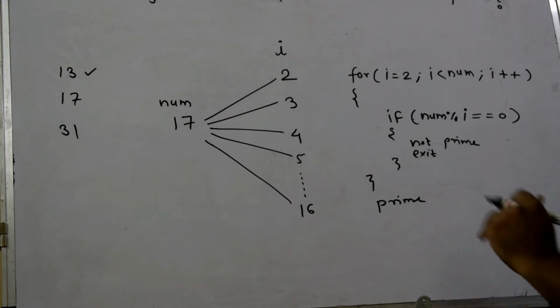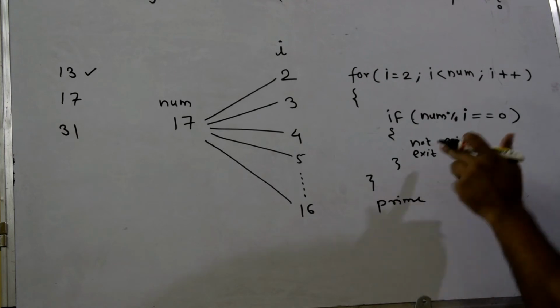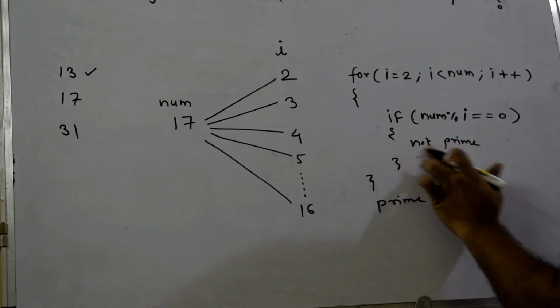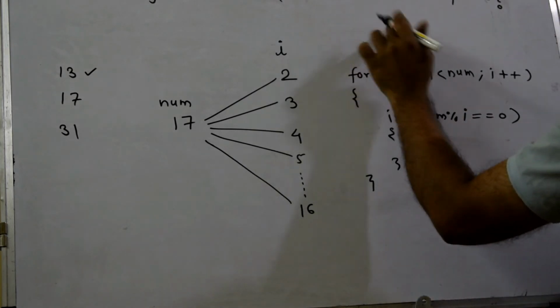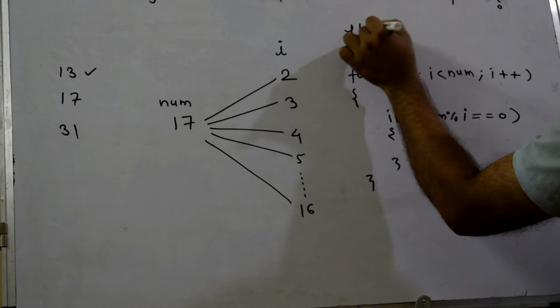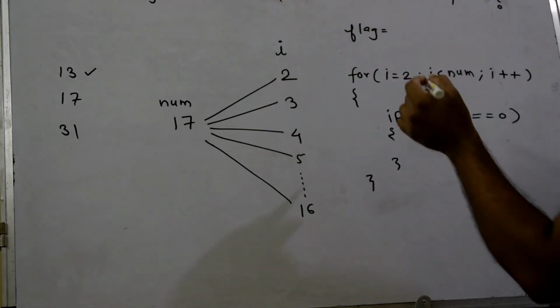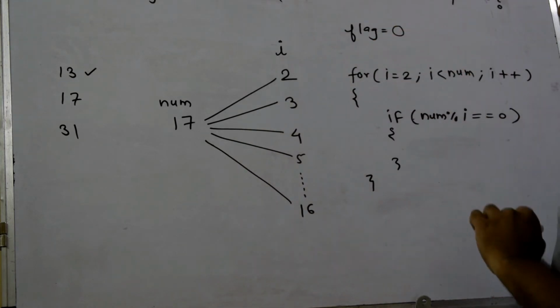Or another option is you do it with some flag value. That means instead of printing the statements here directly, what I will do, here I will take one variable which is flag variable. Now flag is a variable which is ordinary variable, integer variable. Now I will assign value either 0 or 1 to that. It is integer which can have either 0 value or 1 value.